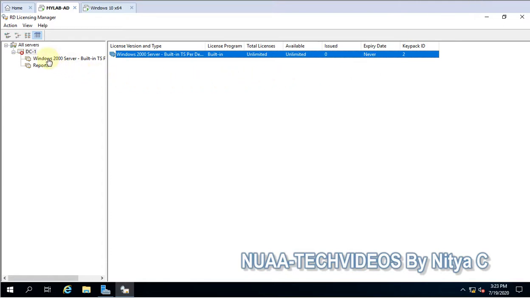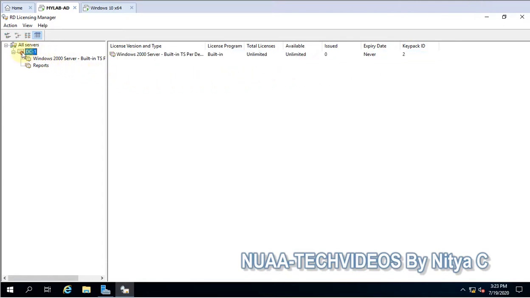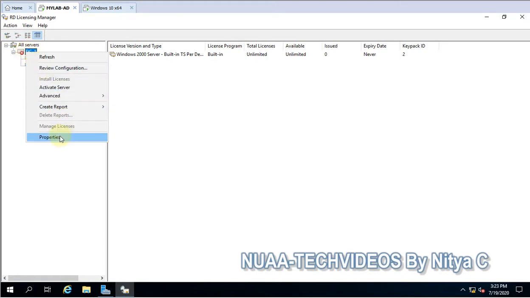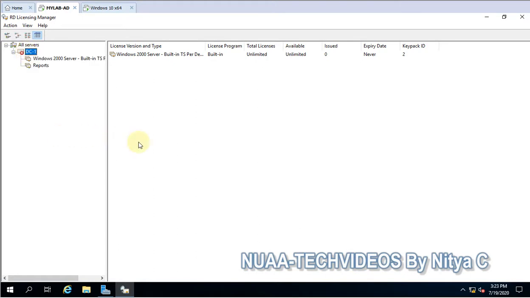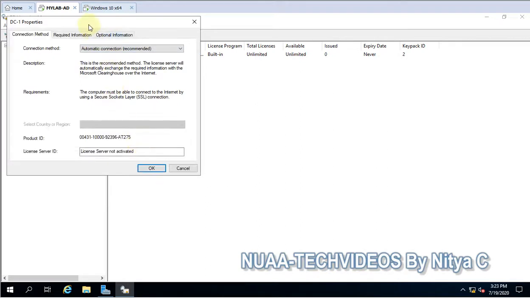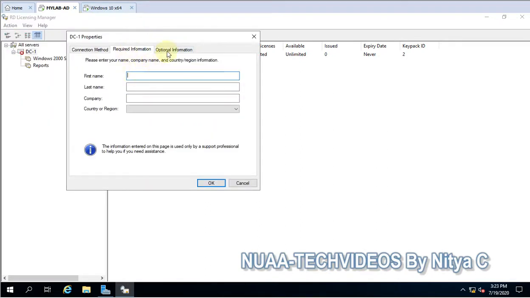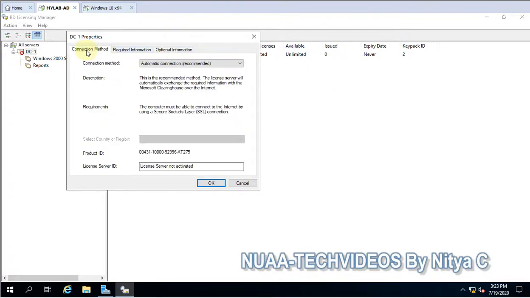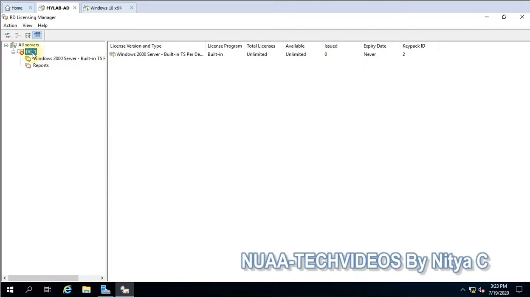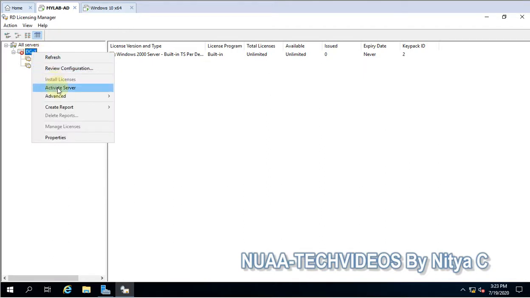So just keep in mind. You can see this is not yet configured and it is coming up as red. So let me click on properties. These are the licensing information available, and we are going to activate it now.